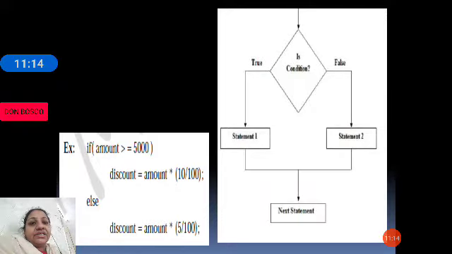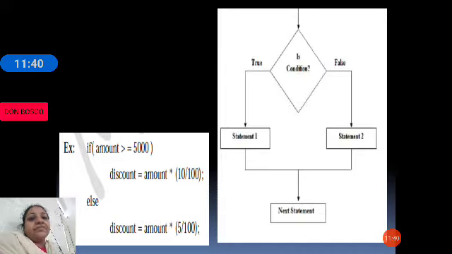Here you can see there is an example. In the previous example, only if the amount is greater than 5,000, 10% discount was given. Later on, imagine the shopkeeper has decided to give a discount for all. Those who purchase above 5,000, for them 10% of discount is given, and less than 5,000, 5% of discount is given.